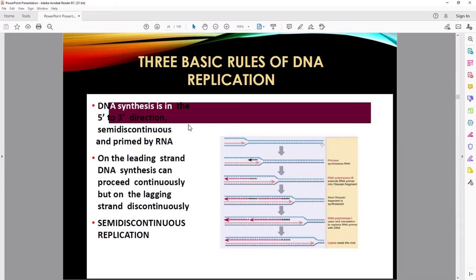Let's say this is your double stranded DNA. It needs to be separated, so this is your 5' strand, and the upper one is the 3' strand of DNA. The 5' strand acts as the leading strand, and the upper strand will act as the lagging strand. This lagging strand needs a primer to help